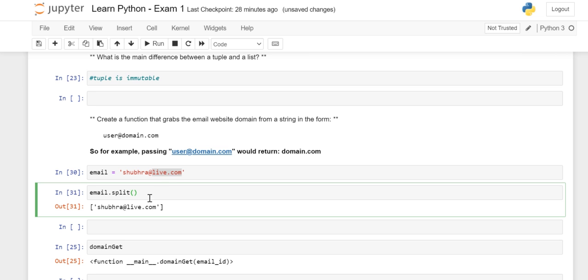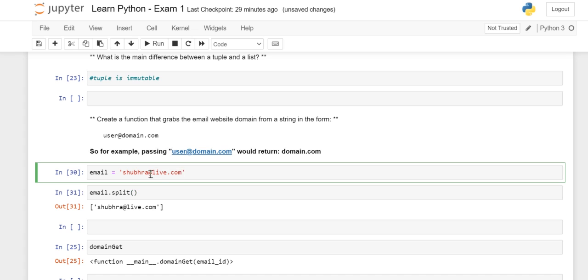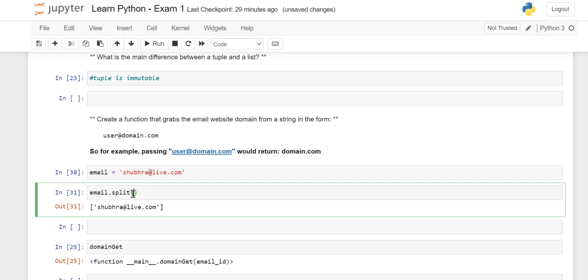Now I know that the email format is always going to be like this. I want to grab the value wherever this @ is, so I will say go and check @ and split the string. Okay. Yes. So what happened? It split shubhra@live.com, but still my objective has not been met. What we need is this particular part.